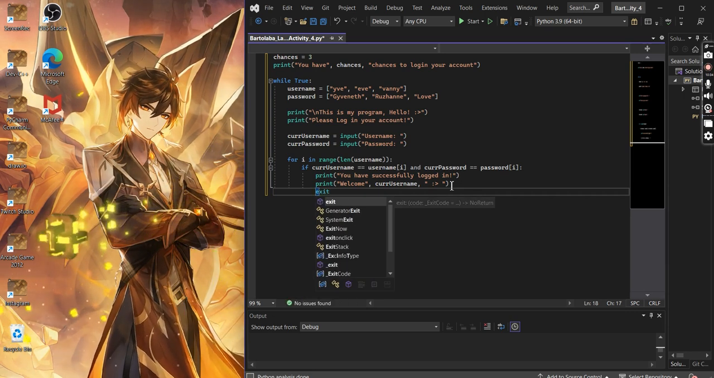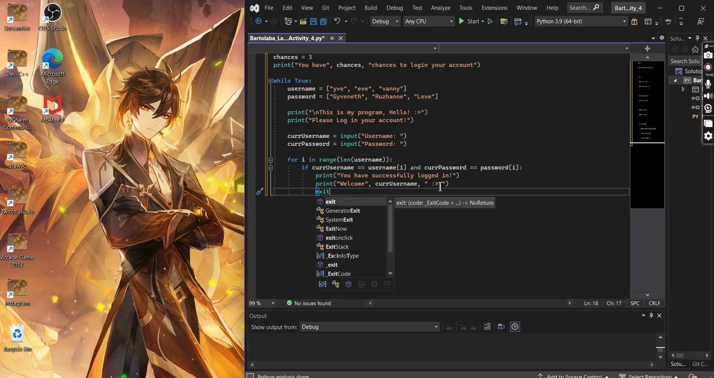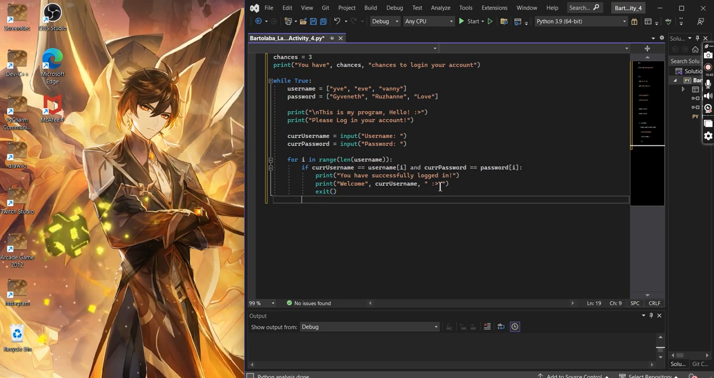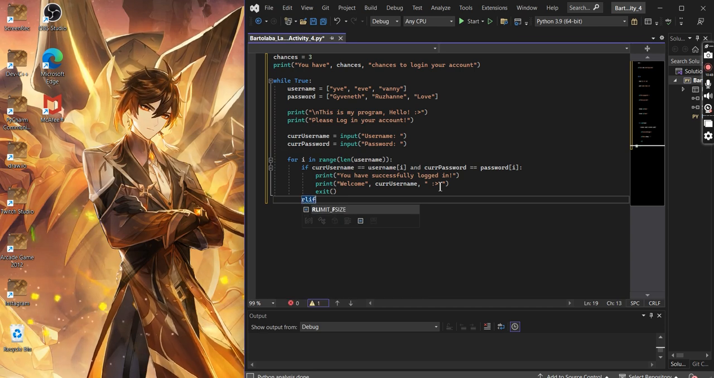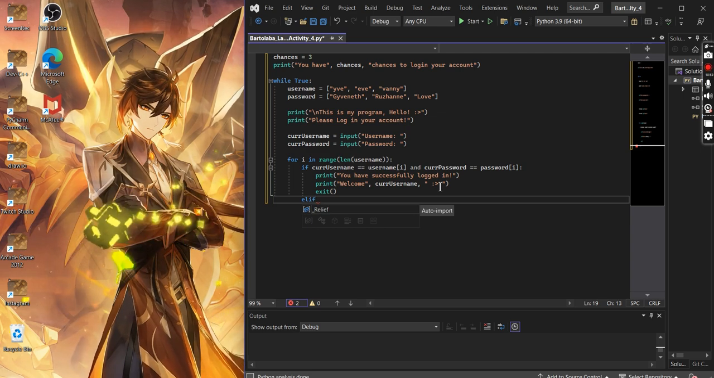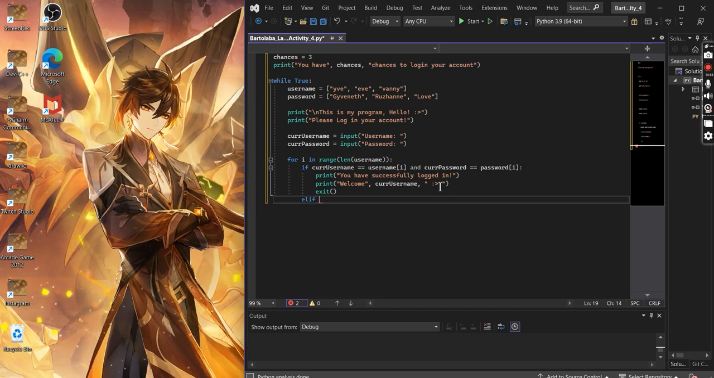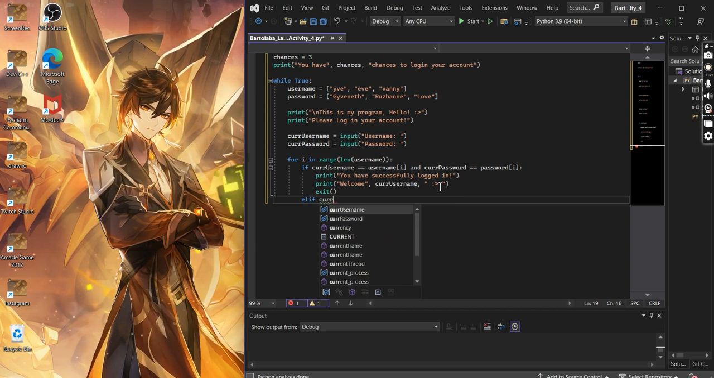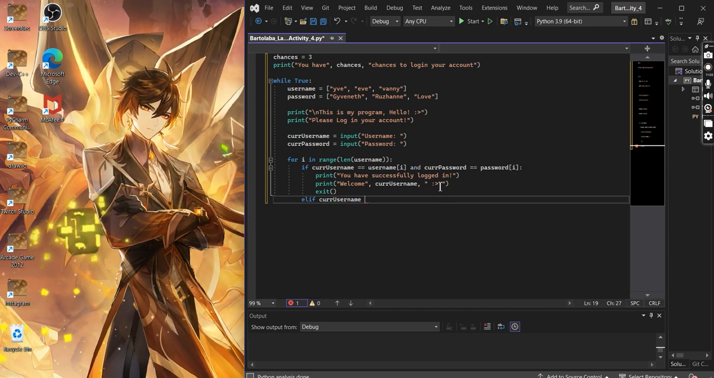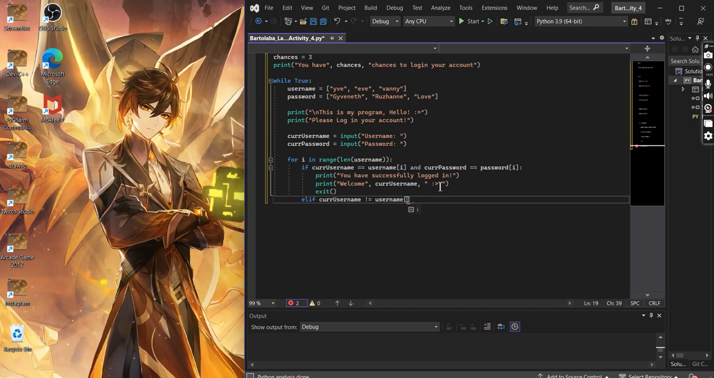To make sure that our program ends here, we are going to use the exit function. Next, we are going to use elif if the user inputs the wrong username or password. First is if the user inputs the wrong username. So if the username is not equal to the username in our list